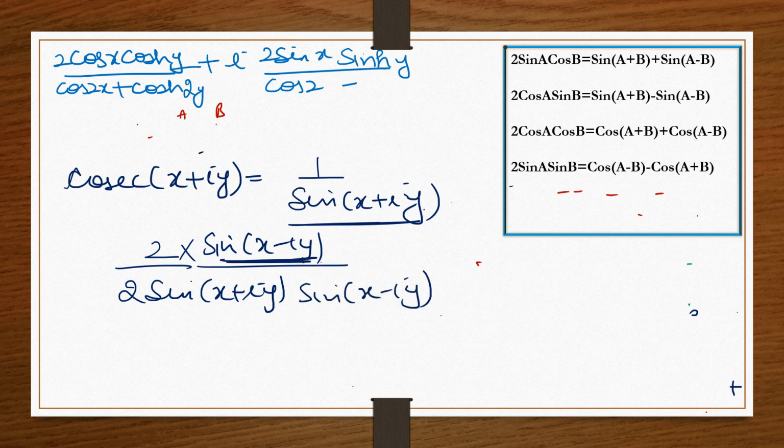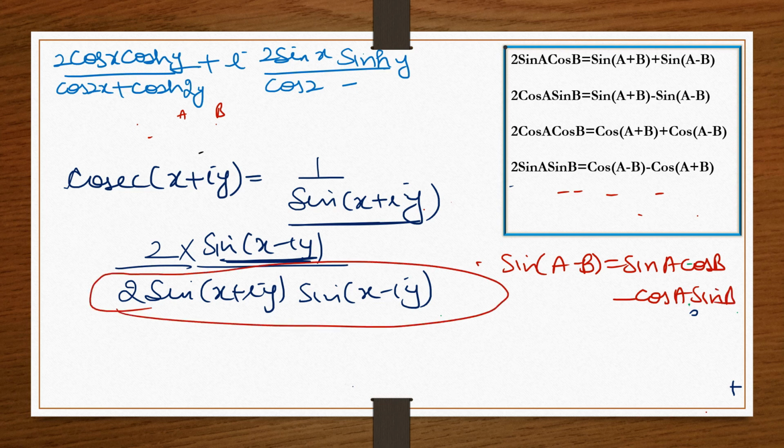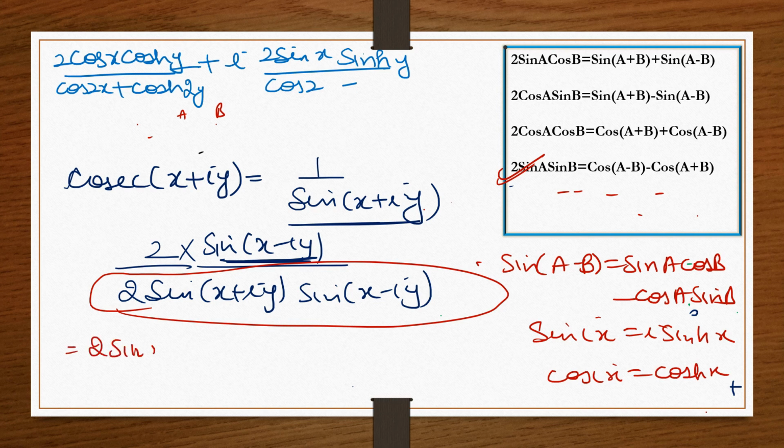Here apply the sine a minus b formula. I hope you know the formula. So sine a minus b formula, that is sine a cos b minus cos a sine b, right? And here in the denominator apply this formula, this one. Okay. And after applying the hyperbolic and circular function relationship, like sine iota x is iota sine hyperbolic x and cos iota x is cos hyperbolic x, you will get the final answer as 2 sine x cos y, cos hyperbolic y, okay,